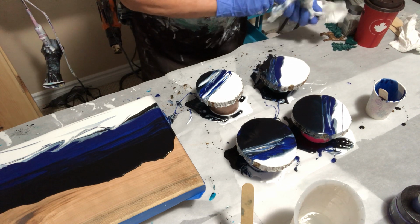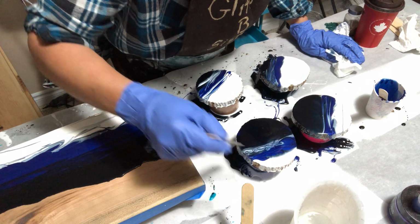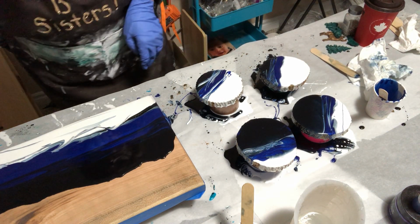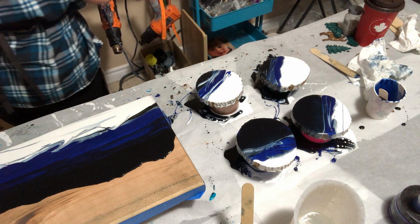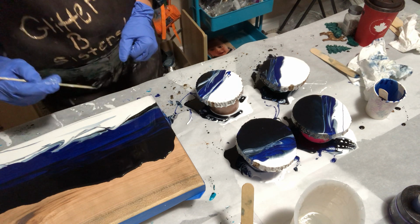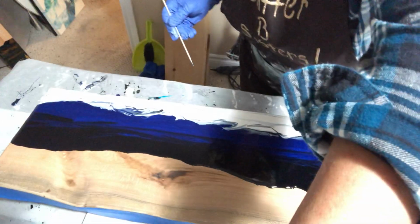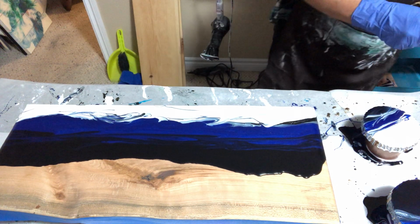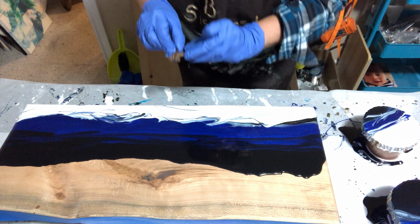Okay. So, ready for the embellishments? Oh, didn't I tell you I was going to embellish them? Okay. So, oops, I see a hair. I see a hair. There we go. Okay, come back here. We are going to embellish. And we are going to embellish with